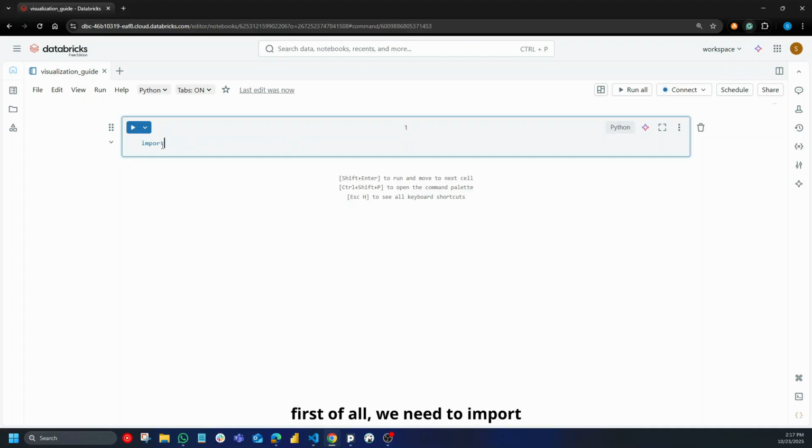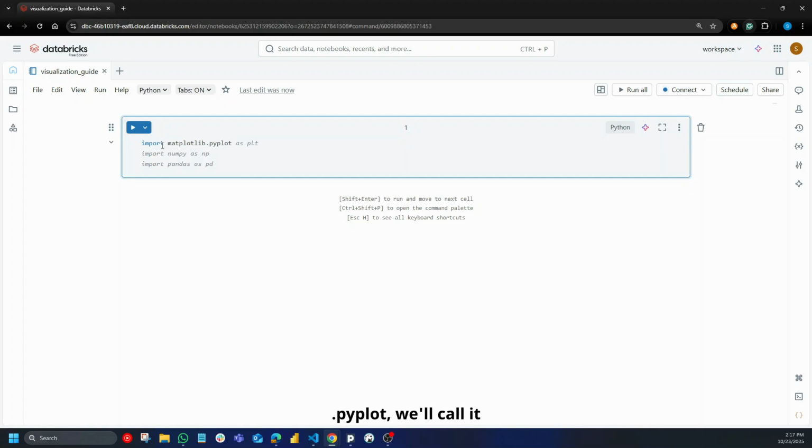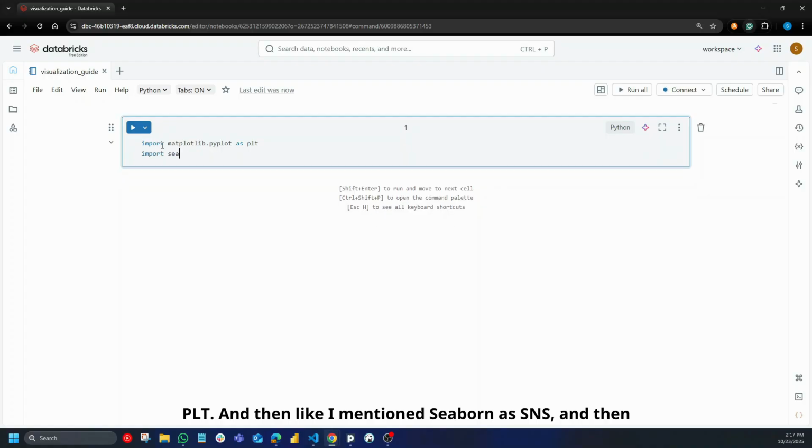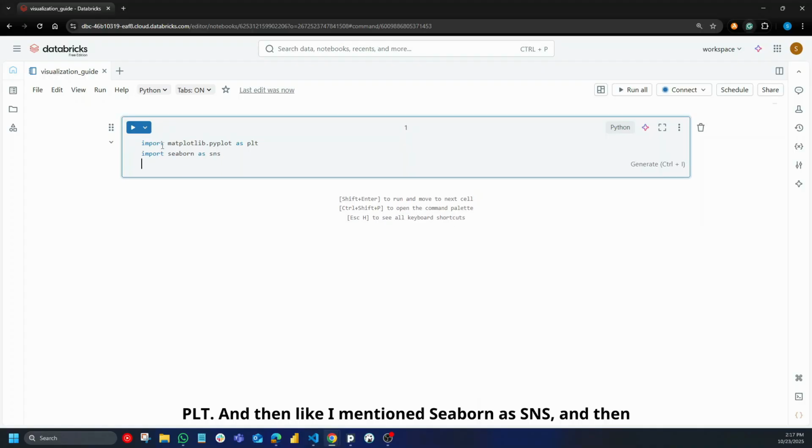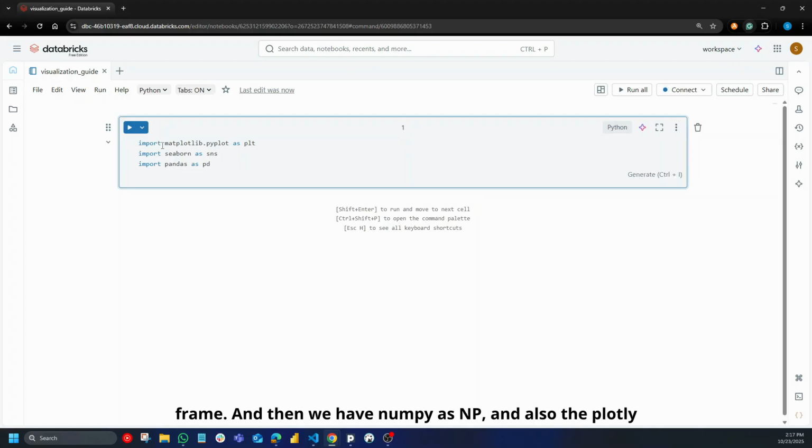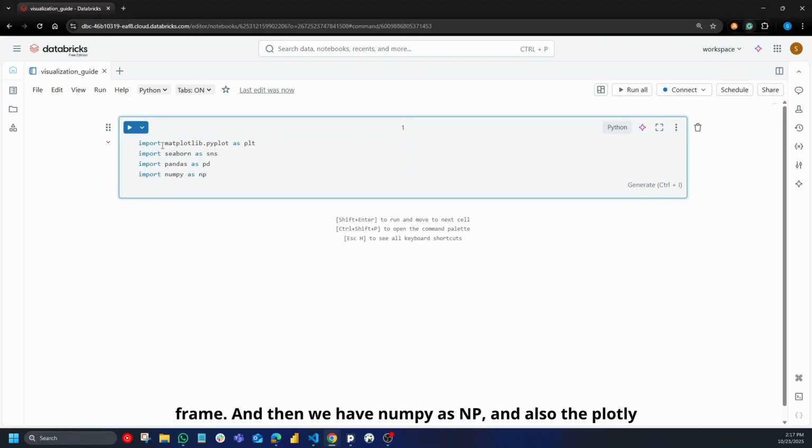So first of all, we need to import all the libraries that we are going to use. So matplotlib.pyplot, we'll call it plt, and then like I mentioned, seaborn as sns, and then pandas to create the data frame, and then we have numpy as np, and also plotly.express as px. Okay,